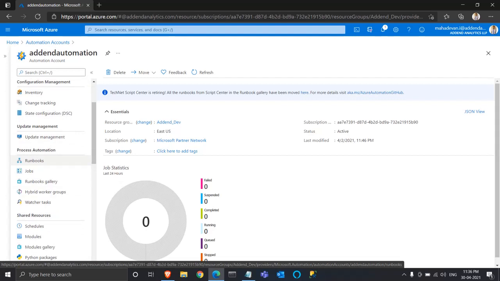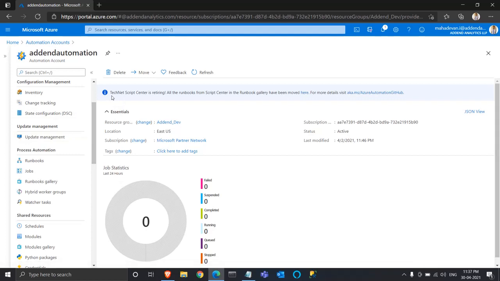This automation account has the permission to access all your resources and all the resource groups. So it's pretty dangerous and it's not advisable. What you can do is give this automation account access to a specific resource group so that it can only make changes within that resource group. You can easily do that by following any tutorial on the internet.